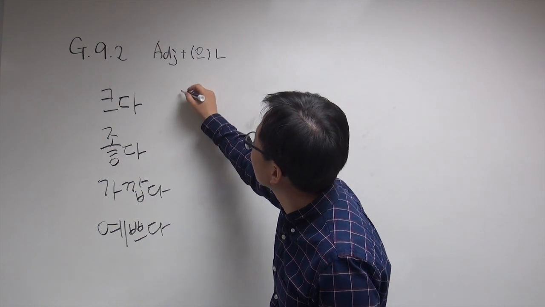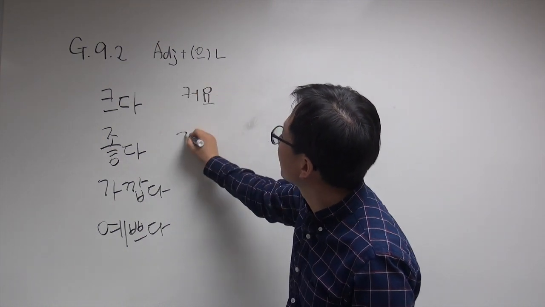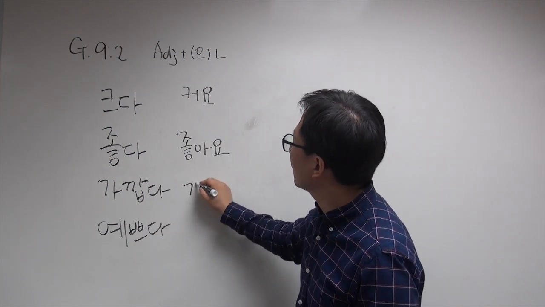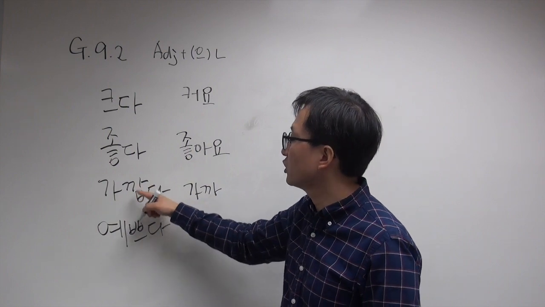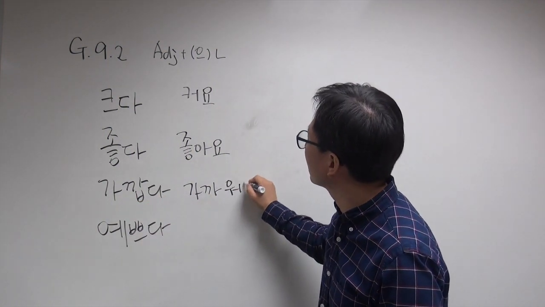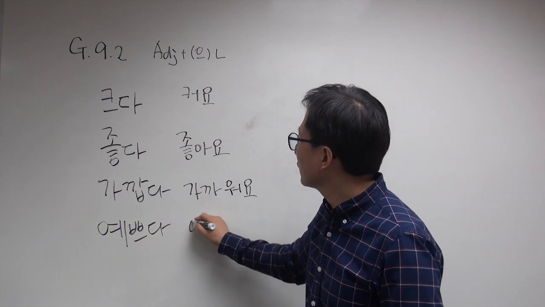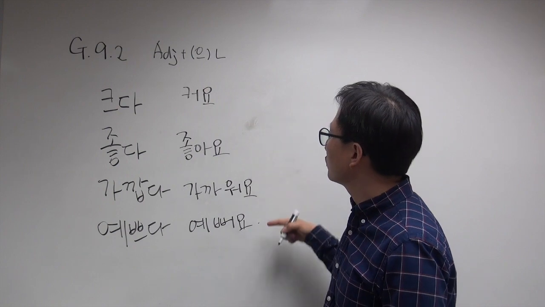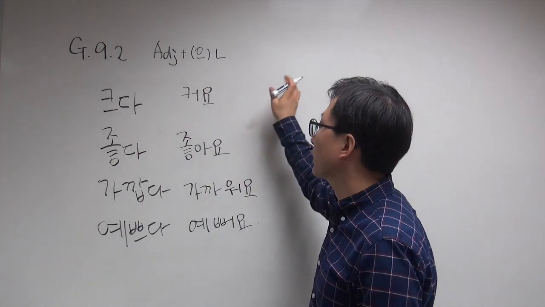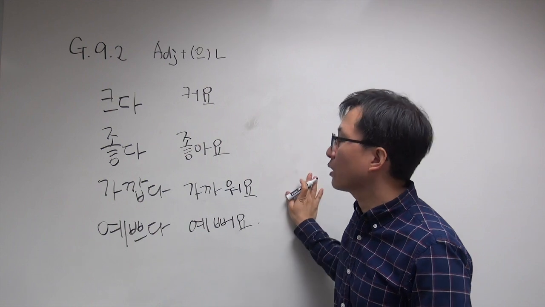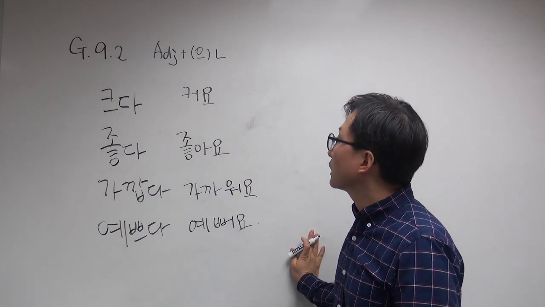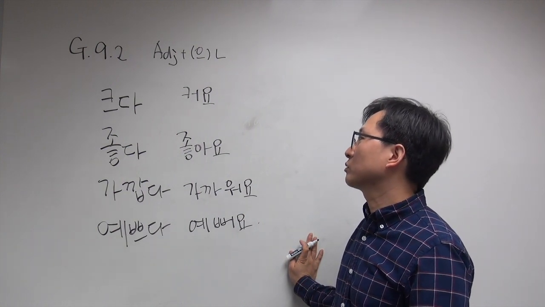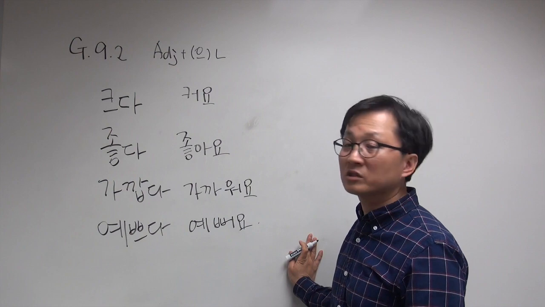What's the 어요/아요 form? 커요, 좋아요, and 가깝다 changes to 우, right? 가까워요, and 예뻐요. So they can be used at the end of a sentence. 학교가 커요. 학교가 좋아요. 학교가 가까워요. 학교가 예뻐요. 그렇죠. 자, 이제 let's learn how to say big school, good school, close school, pretty school.